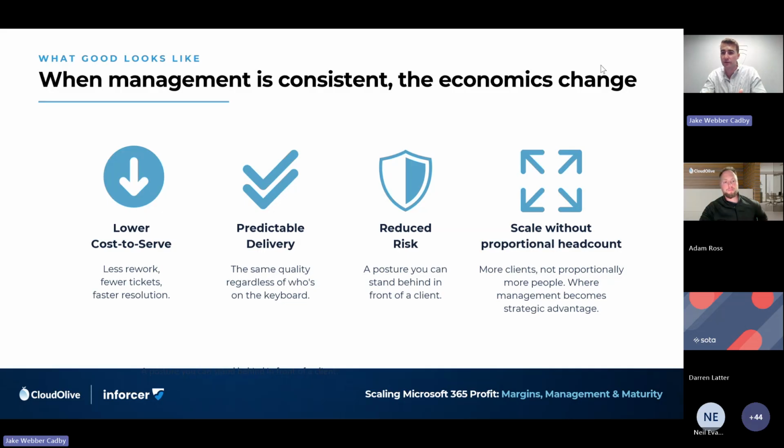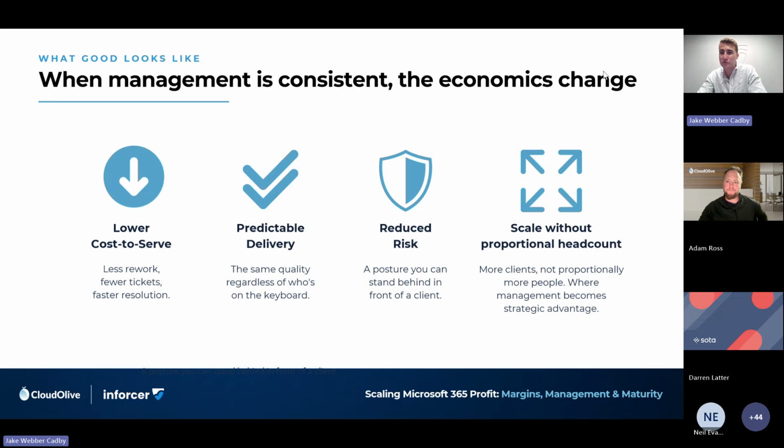You've got predictable delivery. Again, you think about onboarding a new engineer into your business. If you've got your tenant standardized in one portal, they can come in, they can see, oh, okay, this is how we deliver our services. So everything moving forwards becomes predictable. Because another challenge we see is most engineers in MSPs have a different definition of what good looks like. So if you have a governed golden image and baseline, well, that is just managed across the board and there's no exceptions to that. So now, that adds a whole new layer of simplicity when it comes to building out your technical team as well.